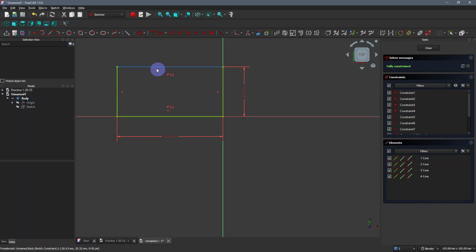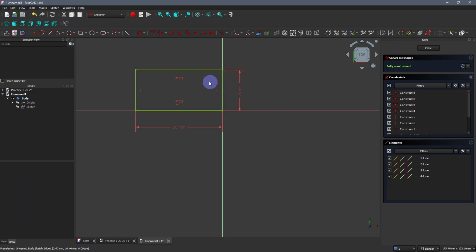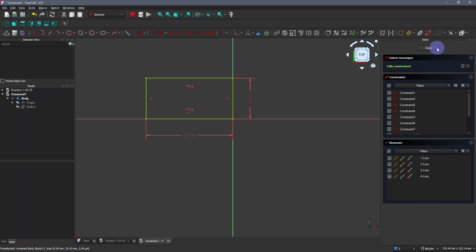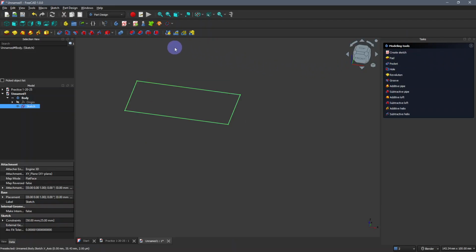Now, this parallel function is this line and this line, which we created, the long edges of the rectangle. Previously, it was just constrained horizontally, so it was constrained relative to this red axis here. But this is just fine as well. We are still fully constrained. We can go ahead and click close. When we close it, we'll come back to this first screen we were on, but now we have our sketch